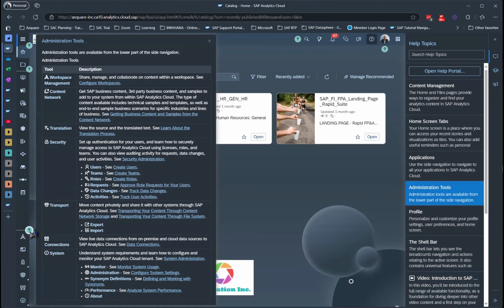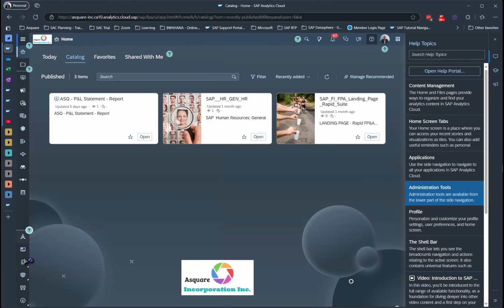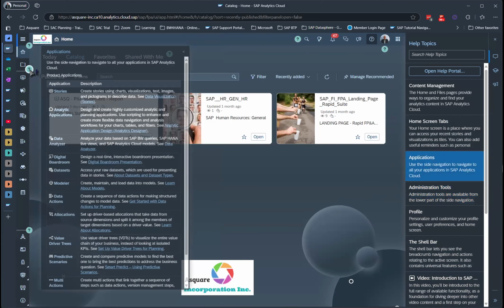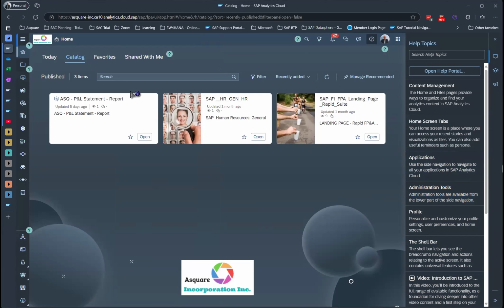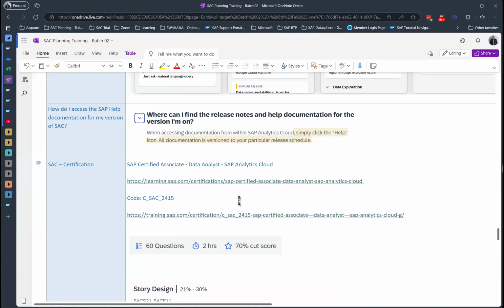Then here is the question mark. You click on this question mark, not click, sorry, just hover over it, and immediately you will see the different content which is related to this section. This help is related to this section. So based on the sections on your page, on whatever you are seeing, the help contents are also available. So help is there for you to navigate and enable you to navigate through SAC.